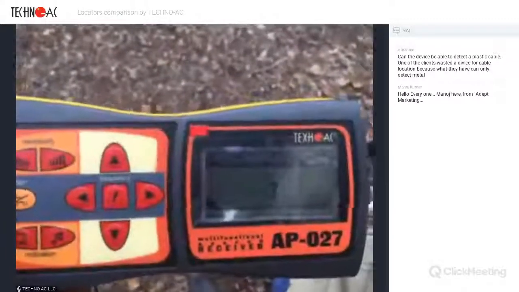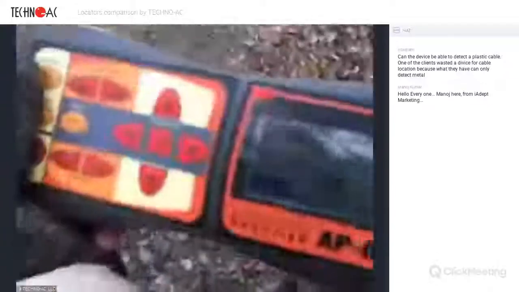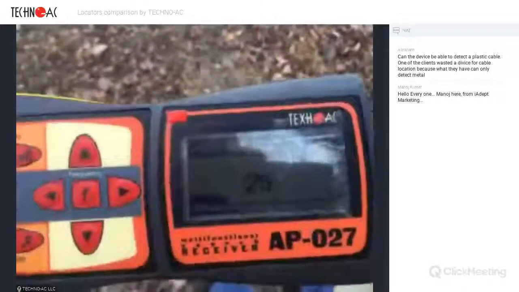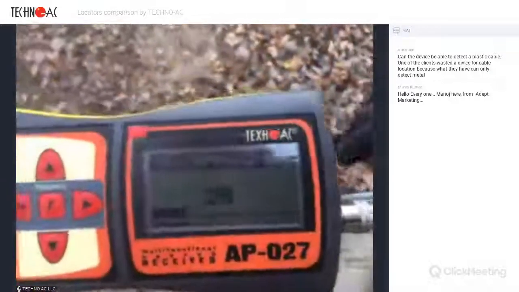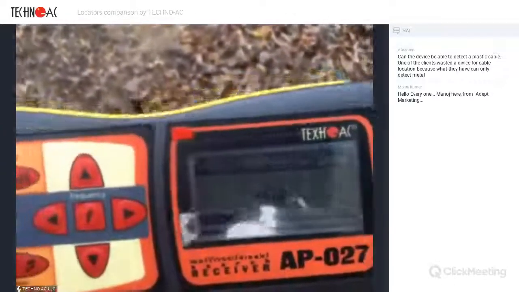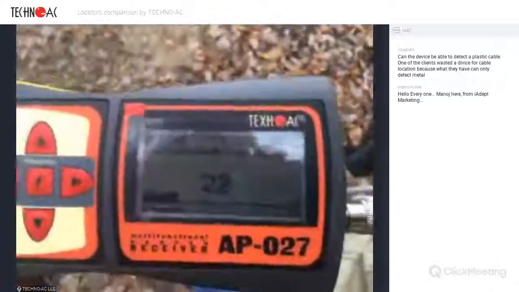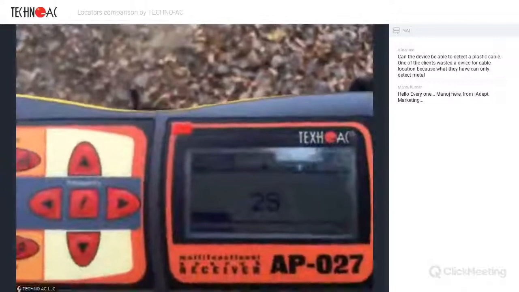Minimal, it's 7. But when you start to move the sensor away from the cable, like this, the signal increases. That's because we changed the method of signal evaluation. And when the signal increases, it means that in the spot of maximum signal away from the cable,